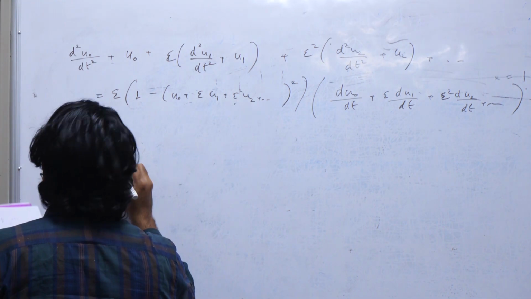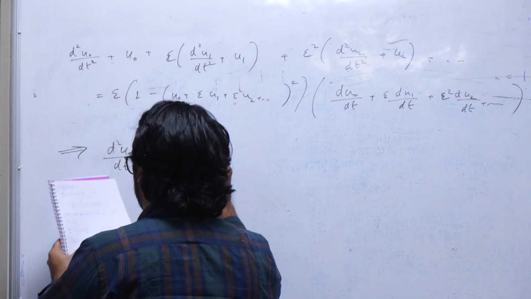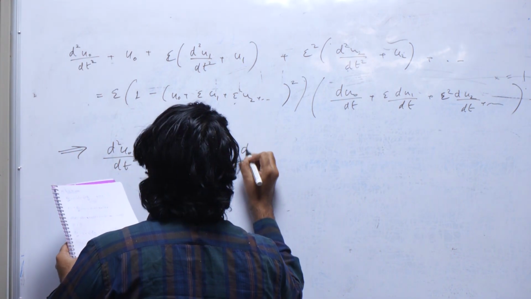d square u0 by dt square equals u0 plus epsilon